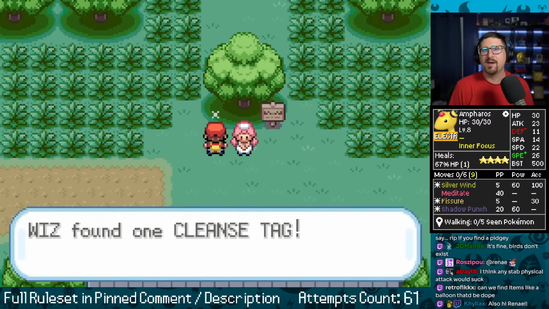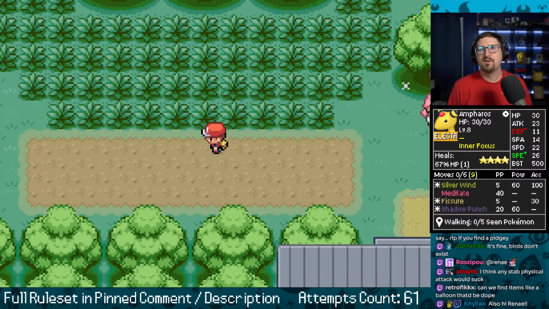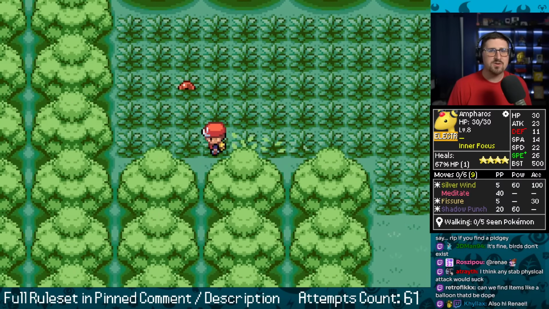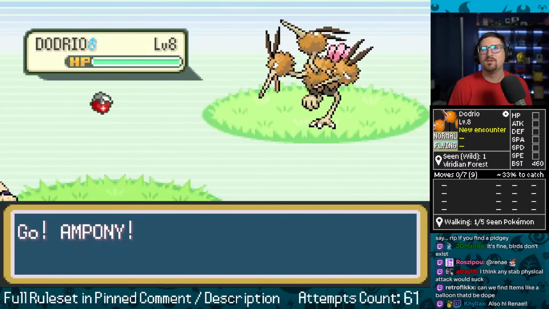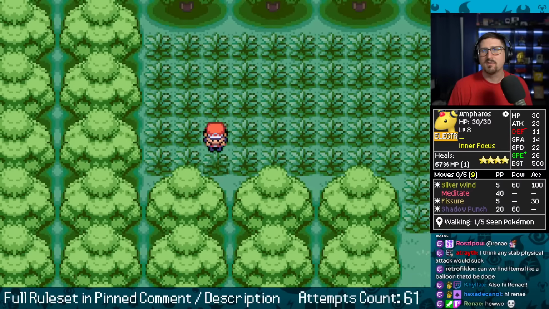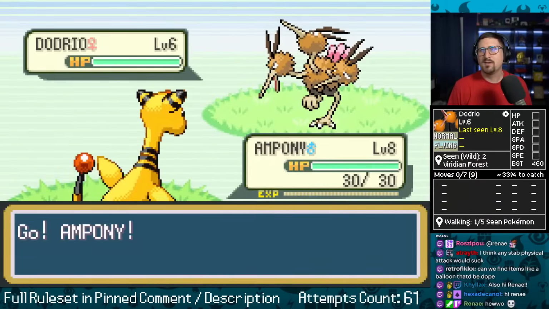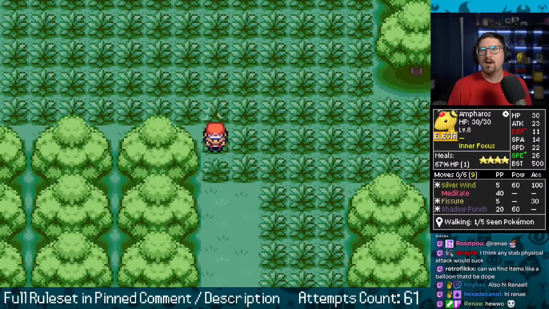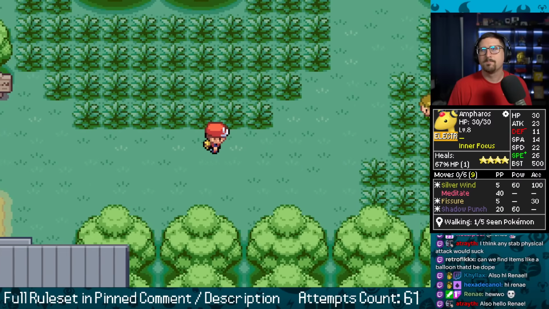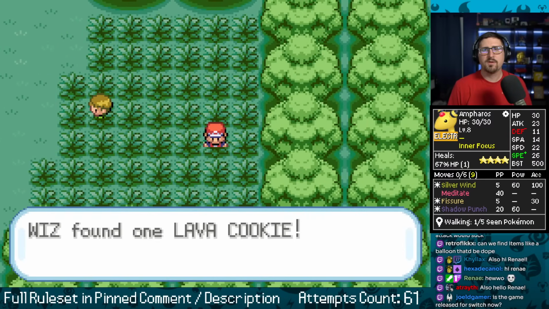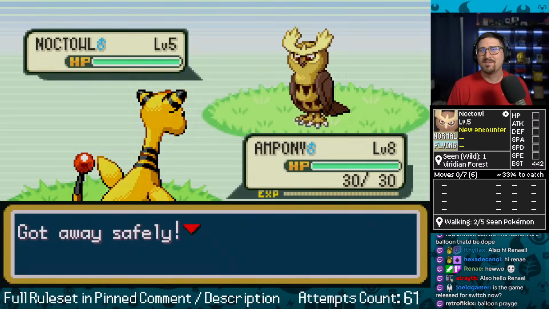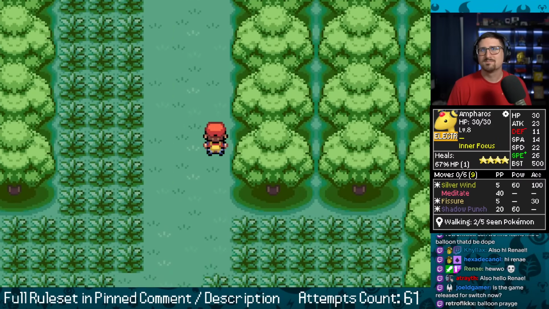So, I'm going to scoop all my items first, just to be safe. And we'll keep on battling. The fact that we got back-to-back no-lab-stress real runs is quite crazy. And this thing has good speed. Really good speed. Miracle Seed. Not allowed to use held items, although it wouldn't help me anyway. Not allowed to use held items except for the expirable ones like berries. Really, really good stuff. Lava Cookie! Hey! That's actually helpful. That's status condition healing, right?